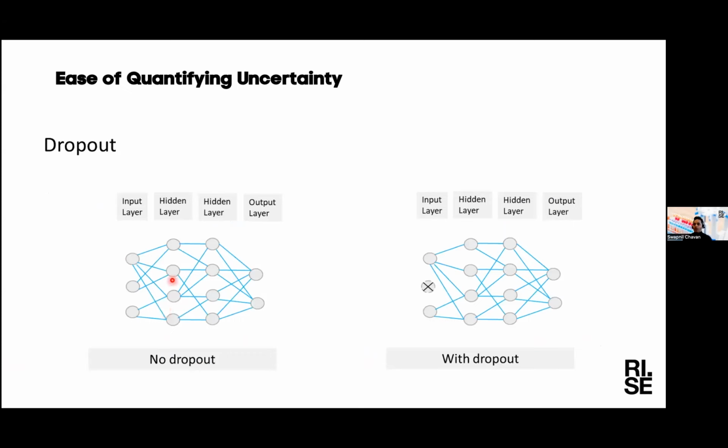Now the first advantage is that we got rid of descriptors. The second advantage is that it provides ease of quantifying uncertainty. In a neural network, it's very easy to quantify uncertainty. Neural networks are a sequence of layers which consist of nodes, and a lot of mathematical transformations happen within the nodes, which are fed to the next layer until the last layer. Uncertainty quantification nulls certain nodes' input and output.